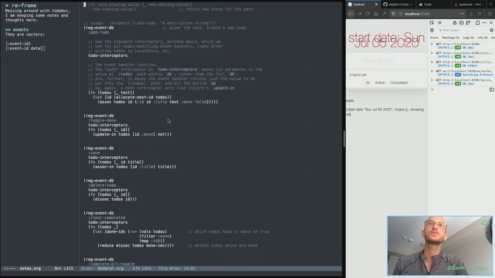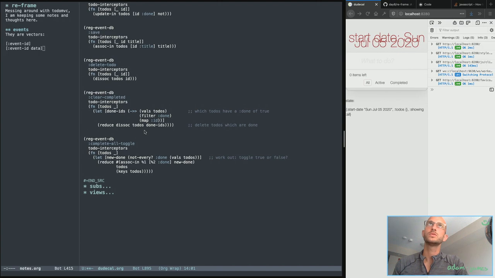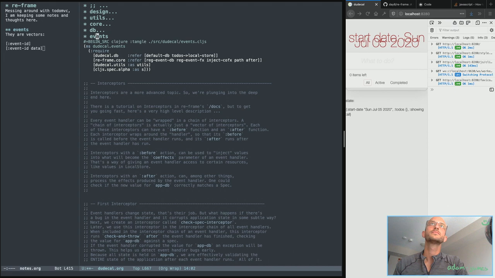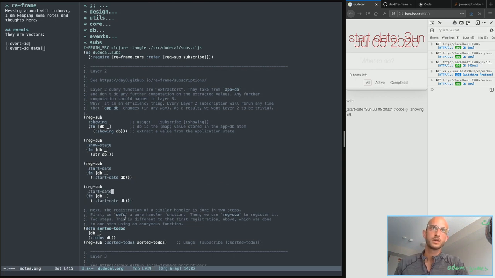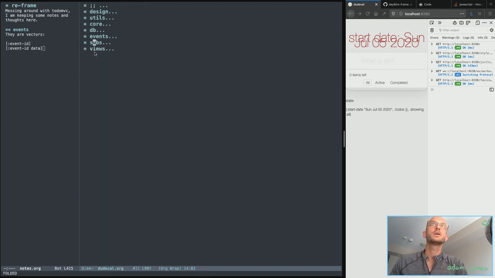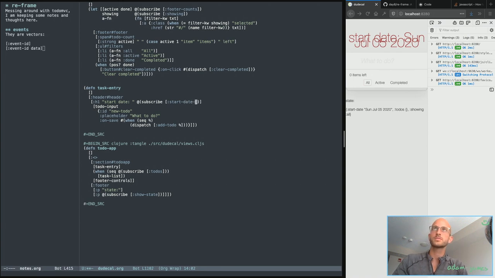So that does mean, since I got rid of the toString thing there, what I actually want to do is go to the views here. Actually, maybe, I don't know if this is smart or not, but I want to make a new sub for start date and then wrap this in a toDate string. So I have start date string and start date, which would mean task entry here should subscribe to start date string instead, which clear, if I save this,